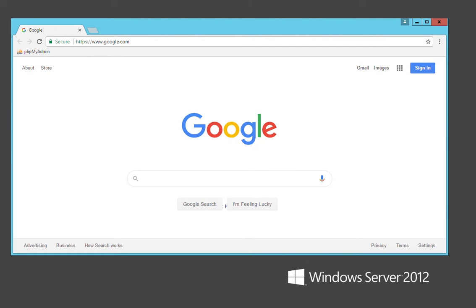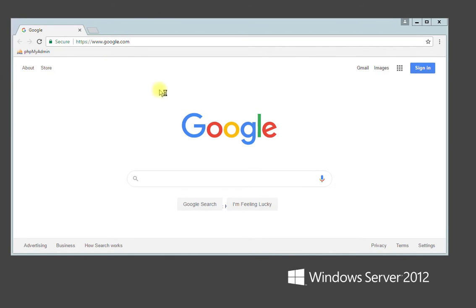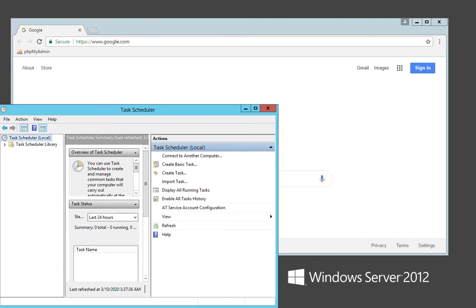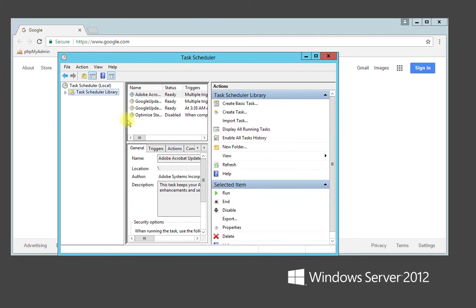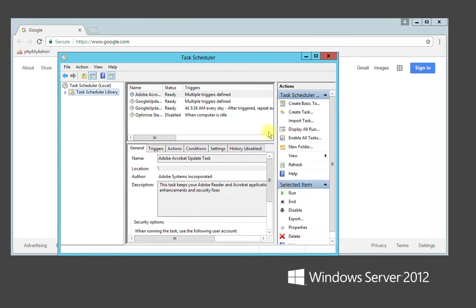Hey, I'm going to show you how to update Google Chrome if it is not updated automatically, because usually there's a scheduled task job that runs for that. So if you open up scheduled task and do task scheduler, wait for that to open. So once task scheduler opens, go to task schedule library, and usually you're going to see usually one or two